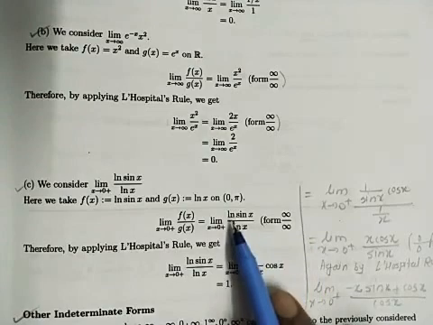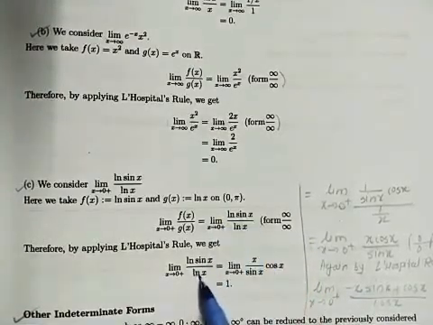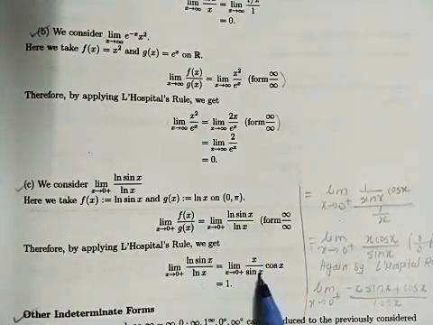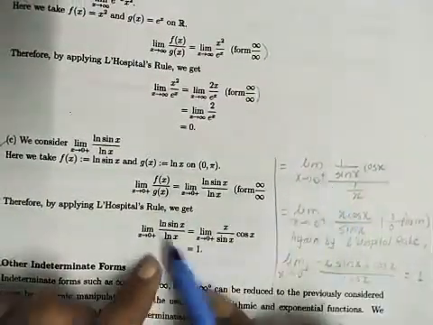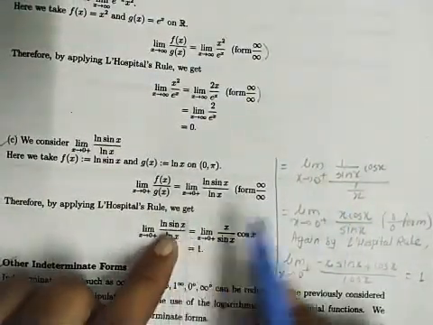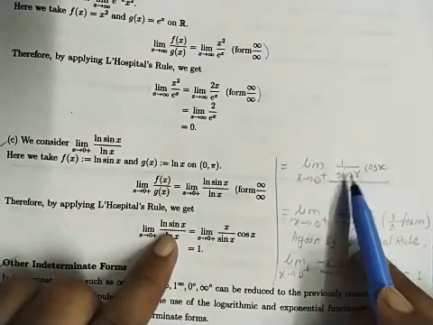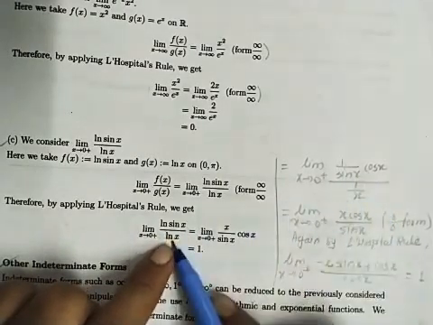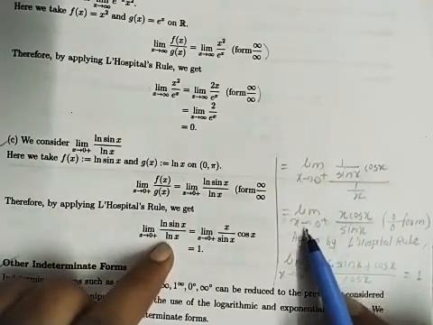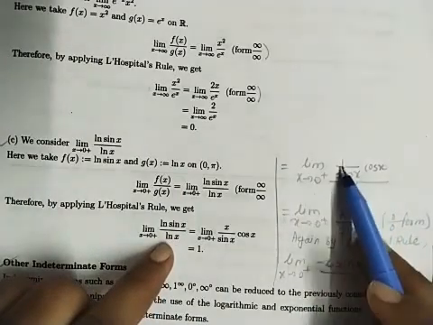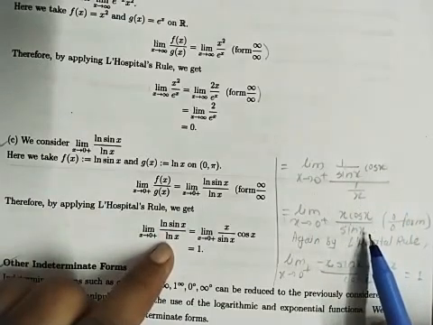So the limit of this, by L'Hospital rule, is the same as we take the derivative of this. So what will be its derivative? I have written it here. Derivative of log of sin x is 1 upon sin x, derivative of sin x is cos x, upon derivative of log x, which is 1 upon x. So that is limit x tends to 0. This x can be shifted here, so x cos x upon sin x.